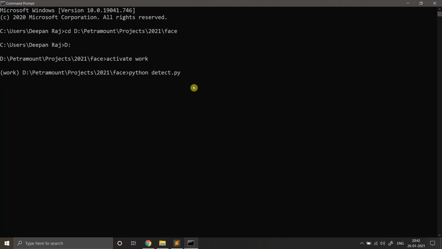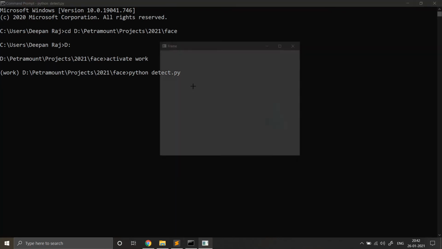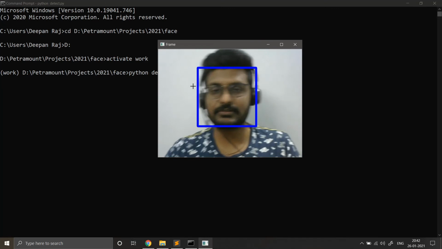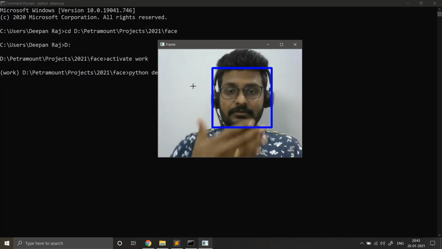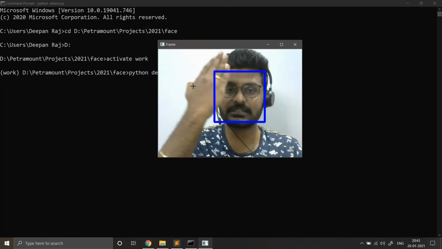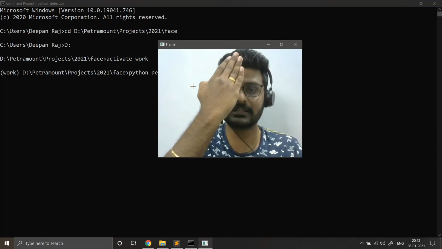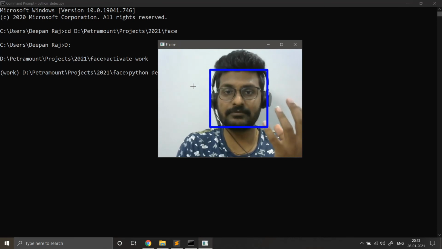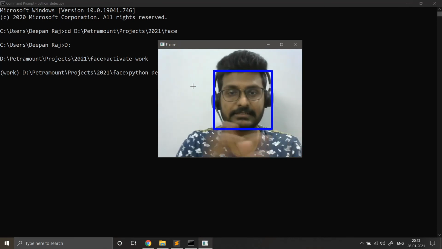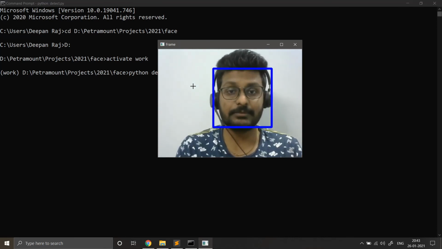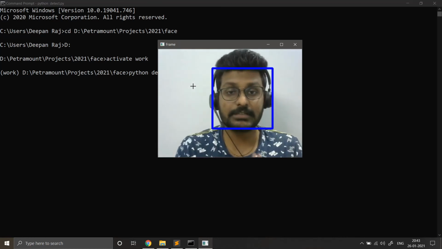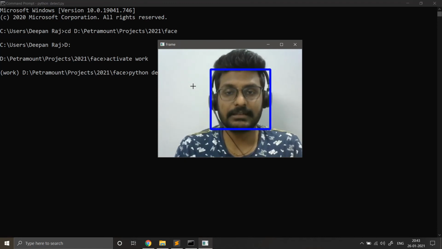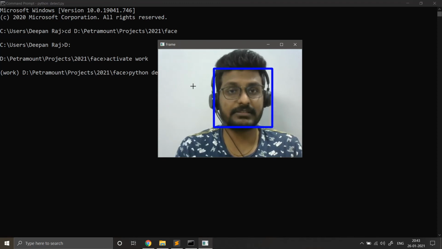I'm just going to hit enter, and now you can see the face is detected just like that. You can see even if I move my face much faster, it's detecting really great. If I cover a region of my face, it obviously will not detect the face, because an important portion of my face is missing, so my cascade is skipping it. That's important, right? You can see there is no lag at all in my video feed, so it's much faster, much more accurate, and fast in real time. So this is how we detect faces in real time.